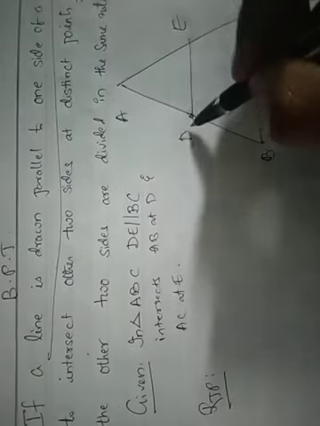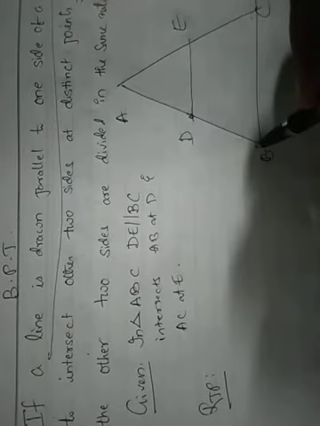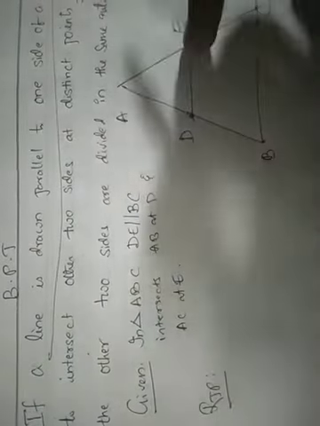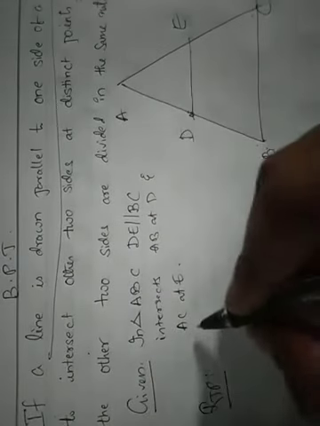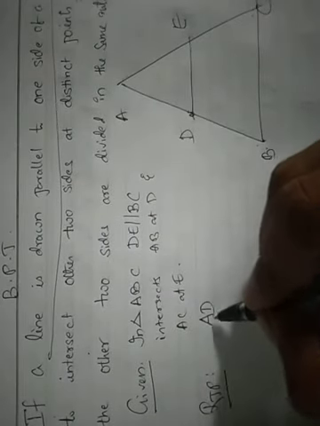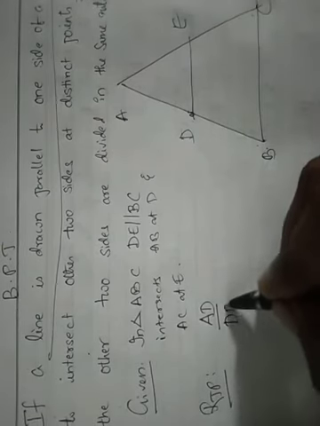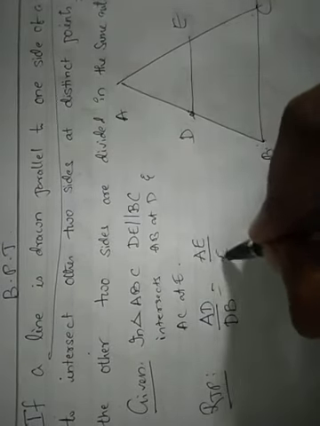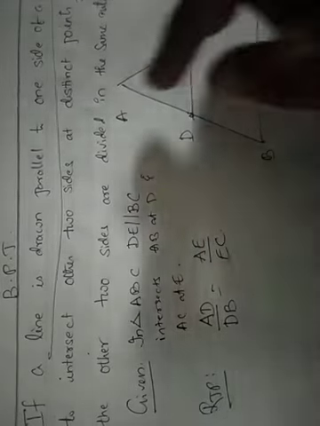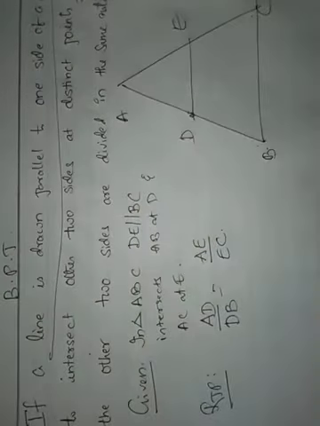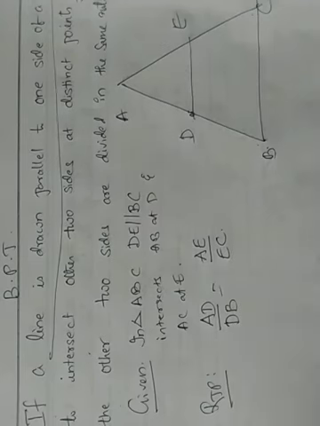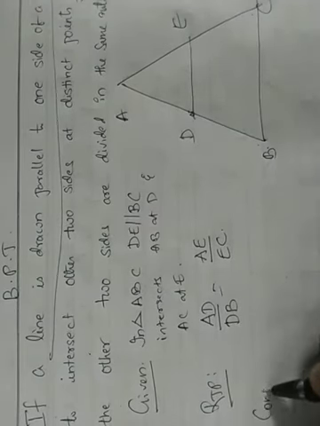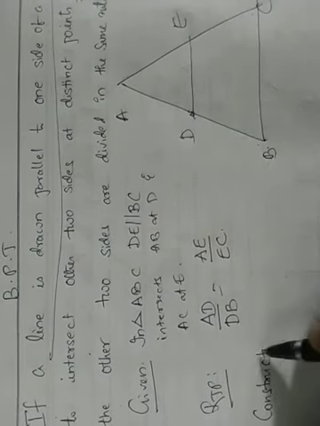So this is what is given, and what they are asking us to prove is that the other two sides are divided in the same ratio. Means this D is cutting AB, dividing AB into two parts, and E is dividing AC into two parts. So they are asking us to prove that the ratios of the parts formed, AD by DB, are the same. Since these two are parallel, this ratio will be same. This is what we are supposed to prove. To prove this, we always need some constructions, some extra ornaments. So let's take some constructions.